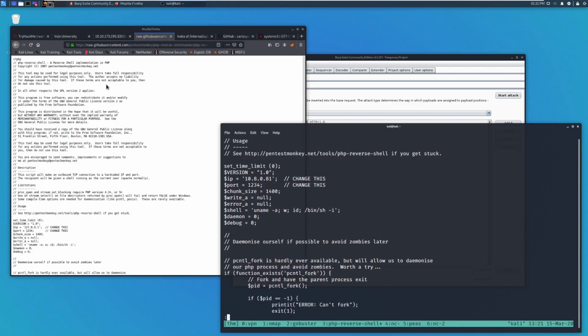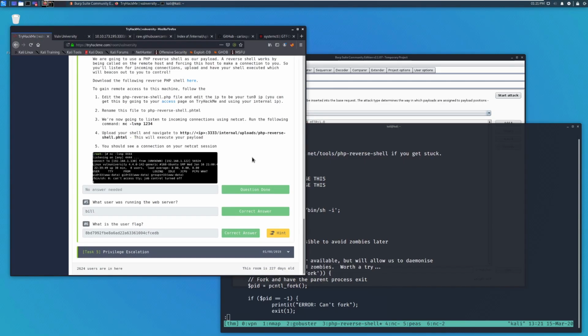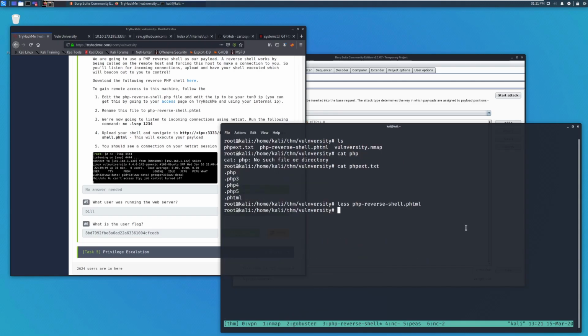Or we would adjust it otherwise, just depending on what ports are allowed outbound. But in this case, we can confirm that this will work on any port for the most part. So next, now that we've prepared this file, we're going to run something like this command,